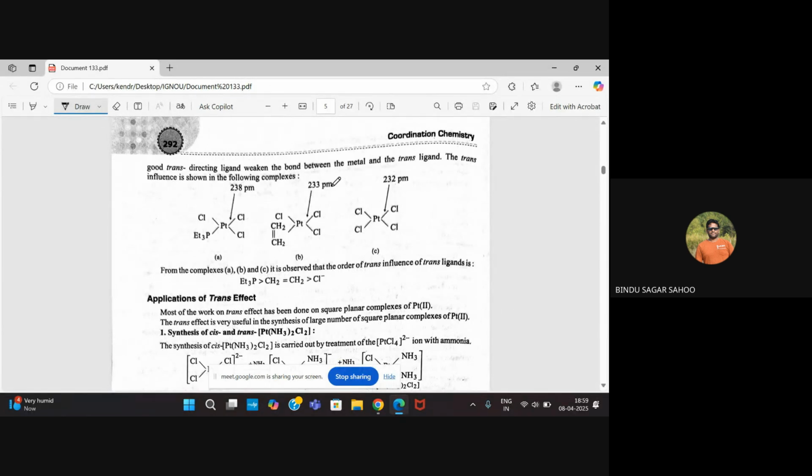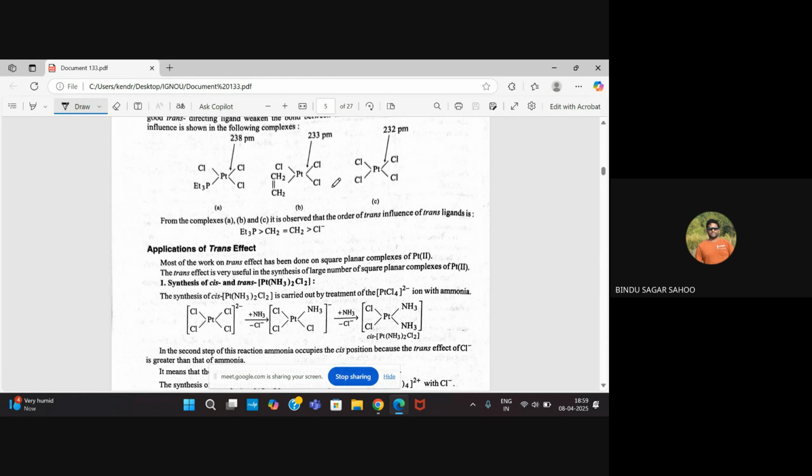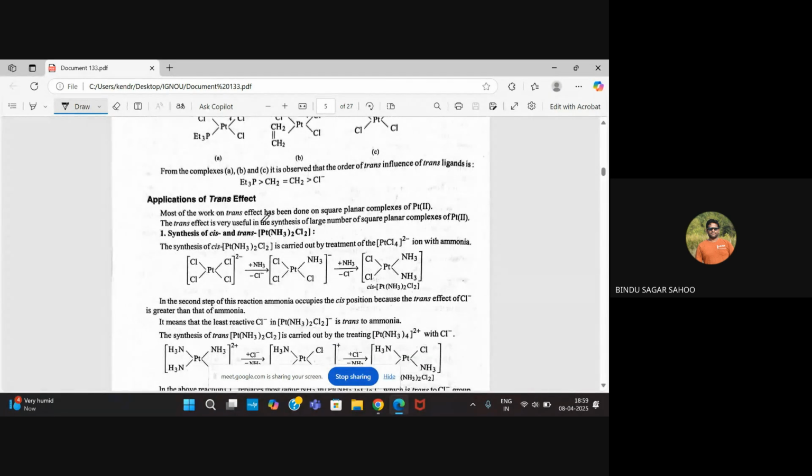Then we'll discuss the application of the trans effect, and by using the trans effect, how you can form different types of coordination complexes. Okay, the first one is the formation of cisplatin. This complex is called cisplatin. This is called a cancer anti-tumor agent. That means in cancer treatment,